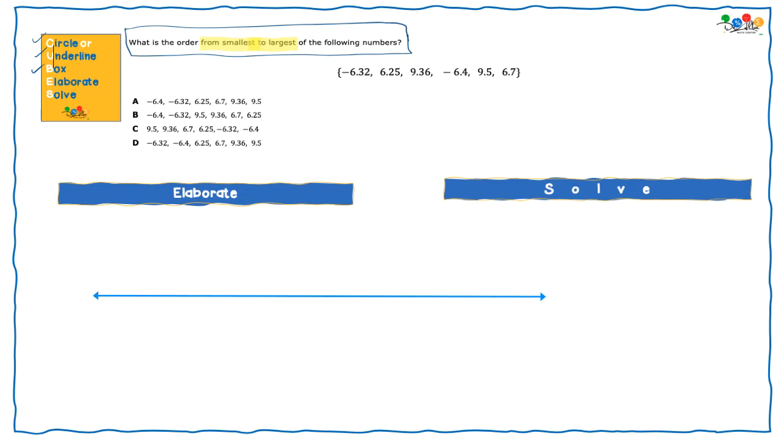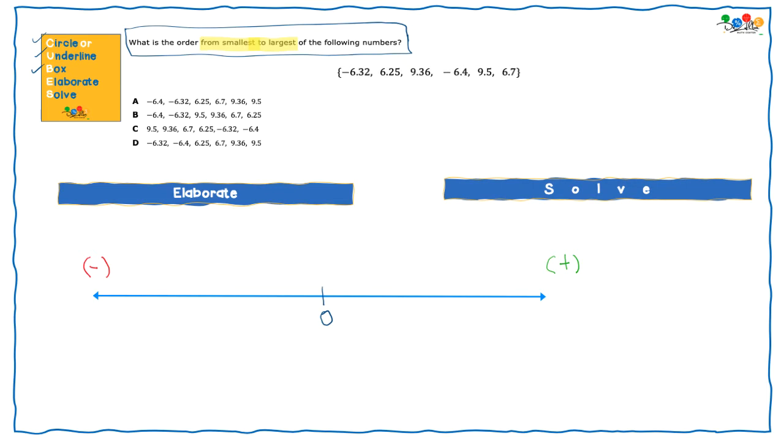We've got a number line. We have to identify the number that helps me separate positives and negatives, and that is the 0. From 0 towards the right, we always have the positives. And from 0 towards the left, we always have the negatives. Great. Now we're going to start